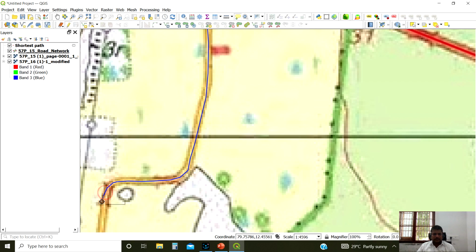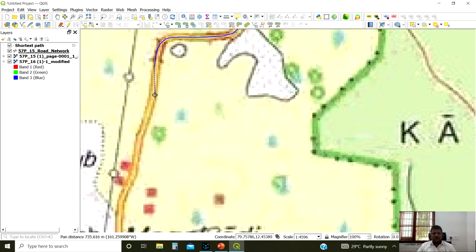Like that you can capture. If you make any mistake, use the backspace button. Like that you can capture.